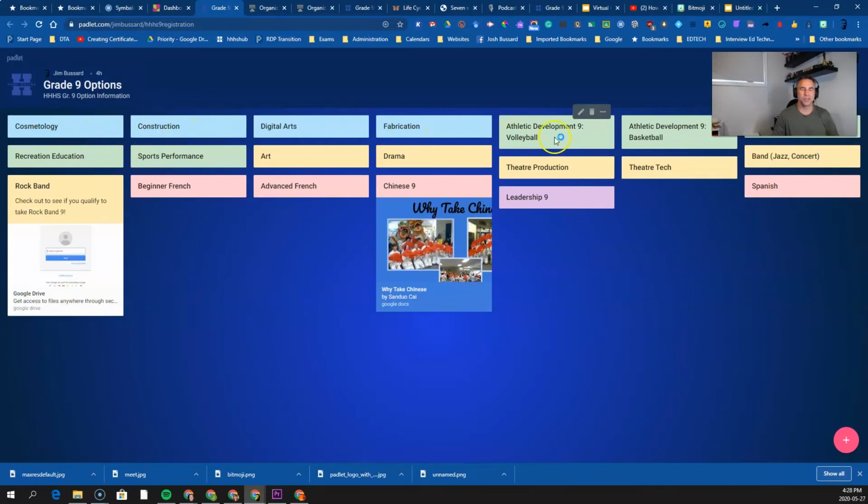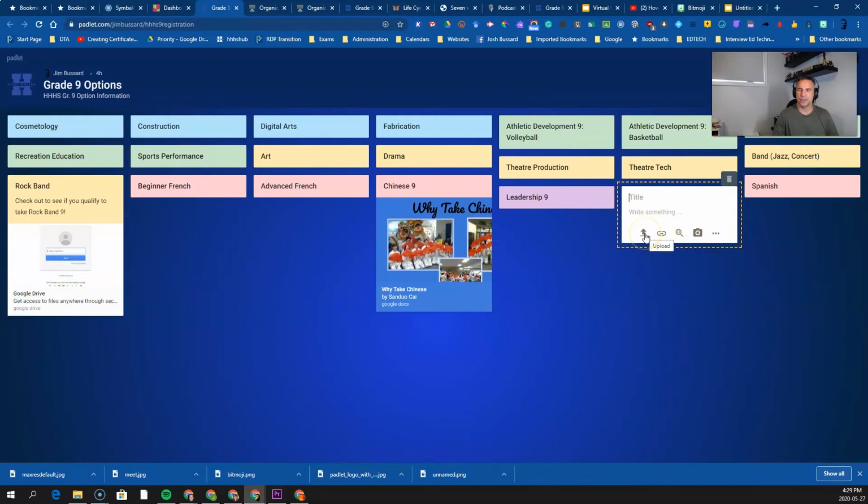So we had, like in here, you can see here that Sandy, she has a presentation or slideshow that was going to be showcasing her Chinese 9 class. And then over here, this is Dylan's video that he linked to a YouTube site that showcases what Rock Band was about. In the bottom corner, if I click on it, this is how you would add a new section,